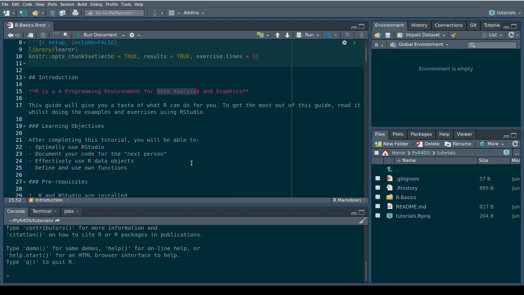And then next you will be able to document your code for the next person. That is, after the end of today's session, you will be able to document your code for the next person, and this next person could be you after a month, after a week, after a year, after 5 years.